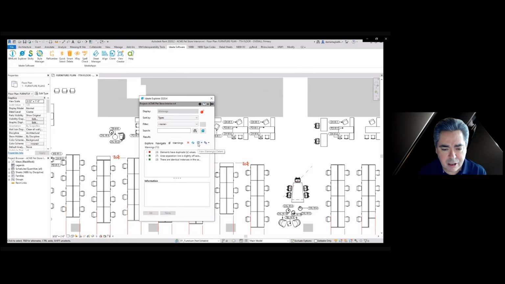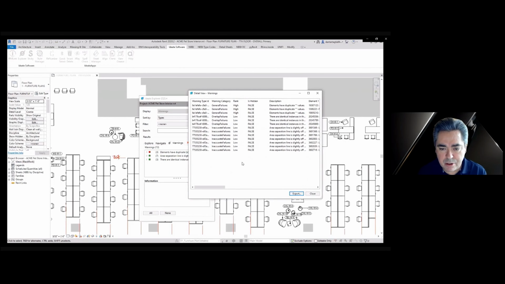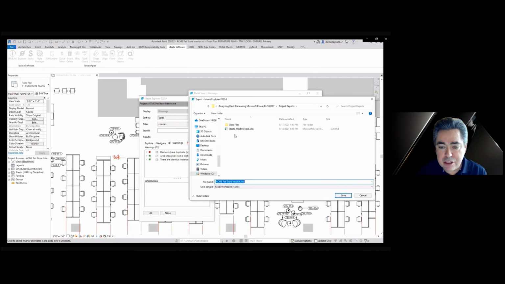Aren't that many in this file, but then you click on this View Warnings button, and you'll see all the warnings, and hit Export. And not many warnings. And then you just pick the same Excel file, and then all that information is in one location that we can use in Power BI. That is the manual process of doing this. And it's not my recommended way of doing it because it would just take a long time on a typical basis. So next, we're going to go through the automated way of doing it.